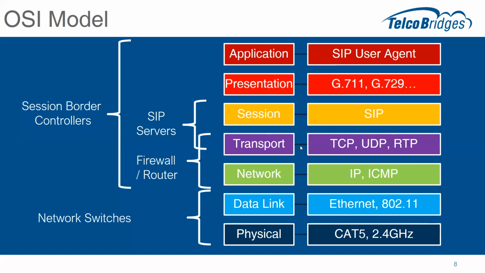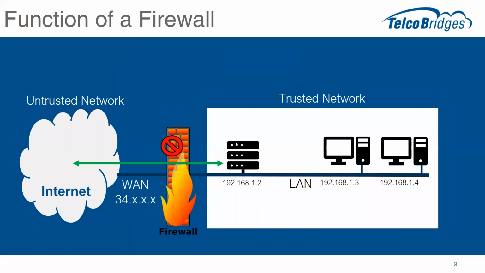So, all right, let's dig in and talk in more detail about some of the functions of these elements. Starting out with a firewall, most everyone is exposed to firewalls in your home network, and I think most everyone knows that a firewall's real main job is to pass the good information and, of course, block the bad stuff.